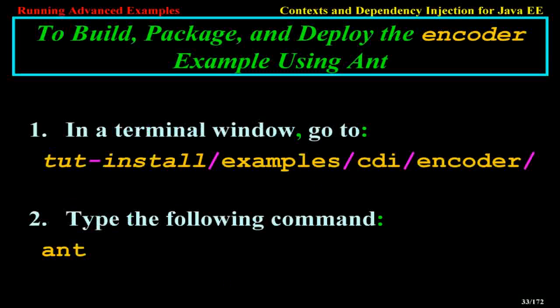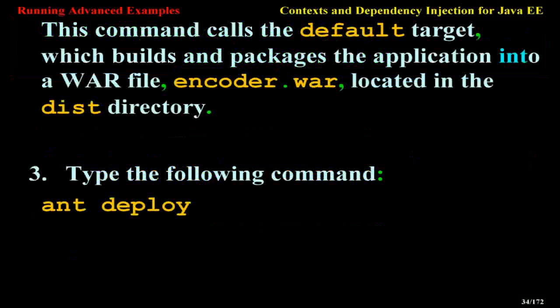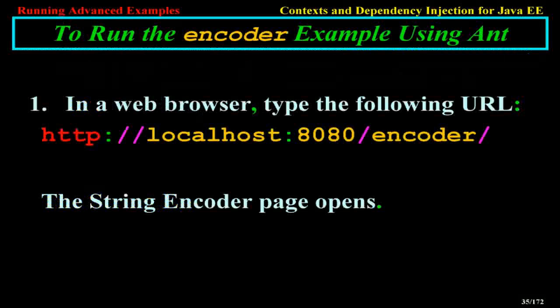To build, package, and deploy the encoder example using Ant: In a terminal window, go to tut-install/examples/d/encoder. Type the following command: ant. This command calls the default target, which builds and packages the application into a WAR file, encoder.war, located in the dist directory. Type the following command: ant deploy. To run the encoder example using Ant: